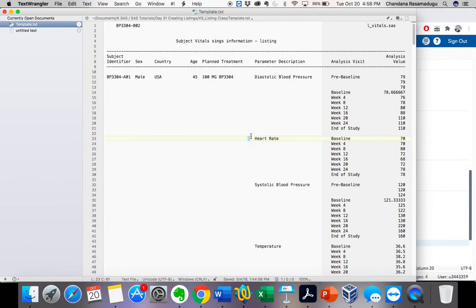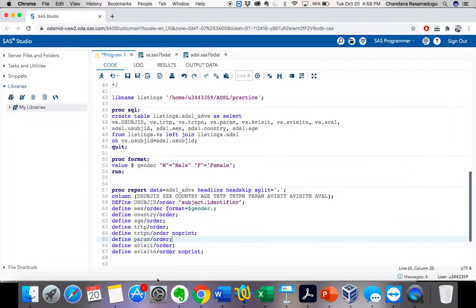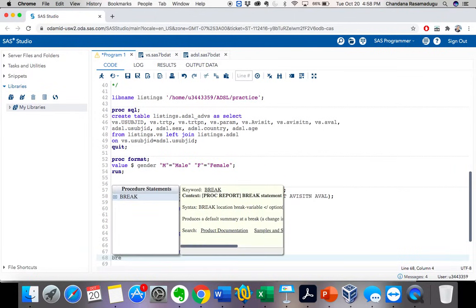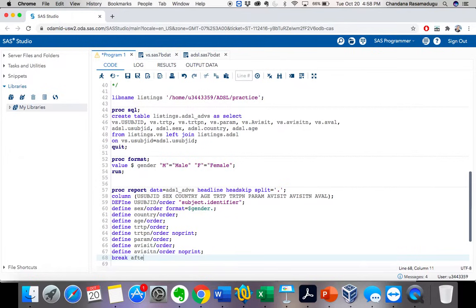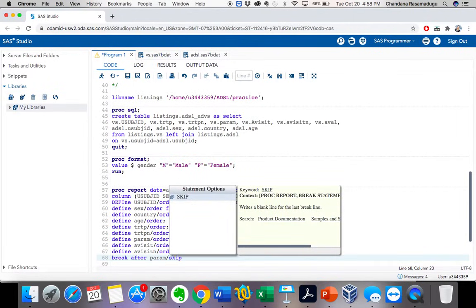So I have to leave a blank line after each parameter value. See here, after each parameter value there is a blank line. So for that let's use break after. Break after which variable? Each parameter, and skip. That means it will leave a blank line.